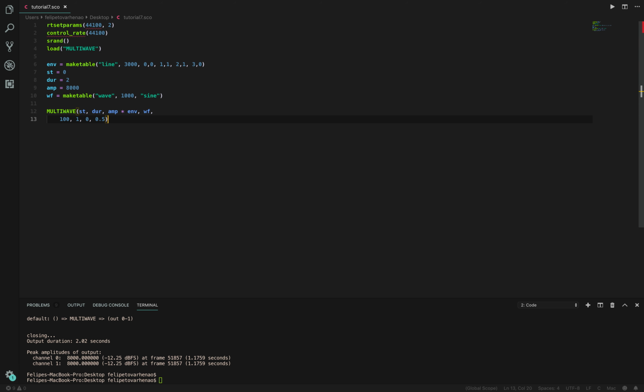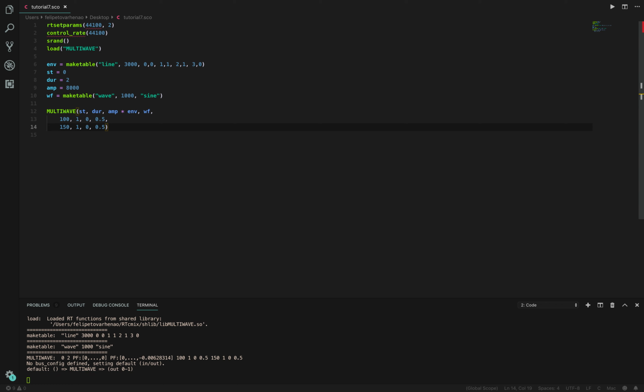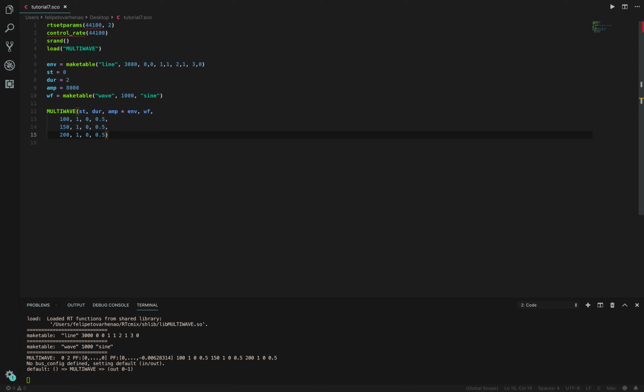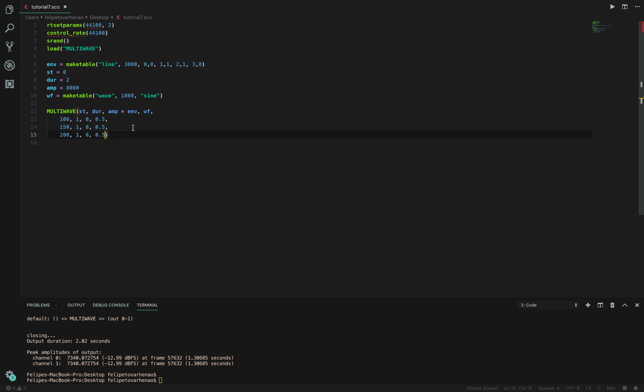yeah, super impressive. But what if I were to add another series of 4 values? So I can say 150, 10, and 0.5, and if I play it, okay, what if I add another one? So 200, 1, 0, and 0.5. Oh, yeah, so you can keep adding and adding groups of 4 values and have multiple waves sounding at the same time,